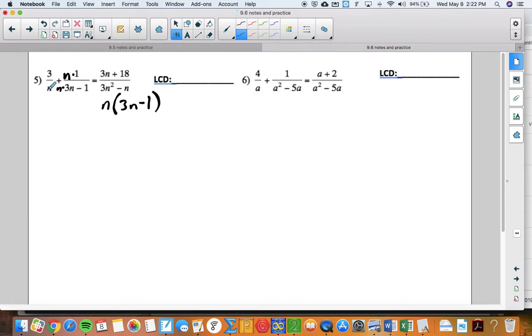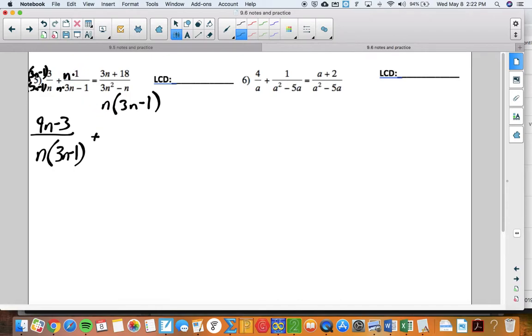This denominator of n is missing a 3n minus 1. See how it has the n part but not that factor part? So I'm going to multiply the bottom by 3n minus 1 and the top by 3n minus 1 in parentheses, because the 3n and the negative 1 are multiplying with the 3. So on top here we get 9n minus 3 over n times 3n minus 1